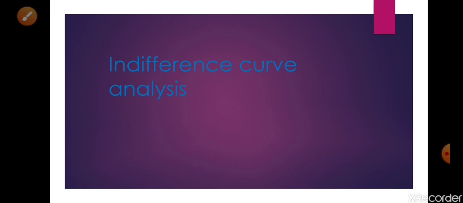When I was discussing cardinal utility, I told you that we measure utility in terms of cardinal numbers like 1, 2, 3, 4, etc. But when we discuss ordinal utility or indifference curve analysis, there is some change. We discuss the order of preference of the consumer, not the utils the consumer is consuming, and we discuss the preference in terms of bundles like 1, 2, 3, 4. This will be clear to you as soon as you understand the indifference curve.